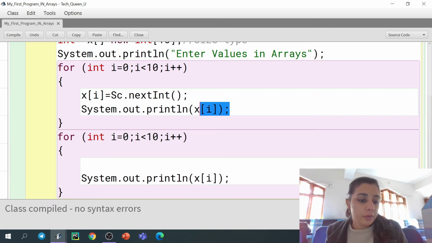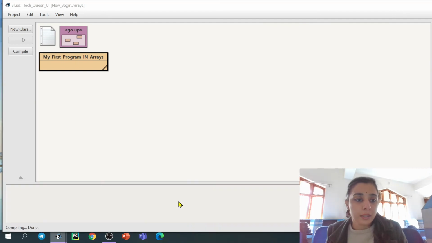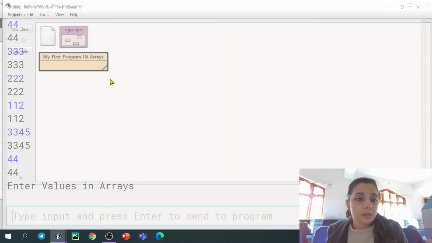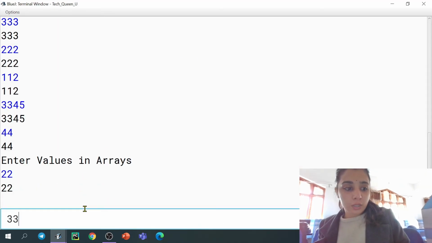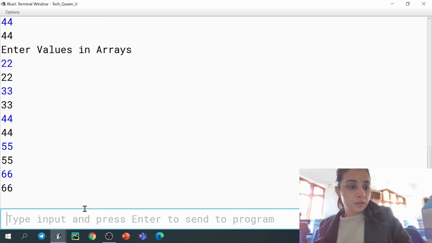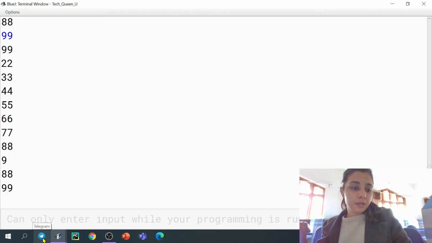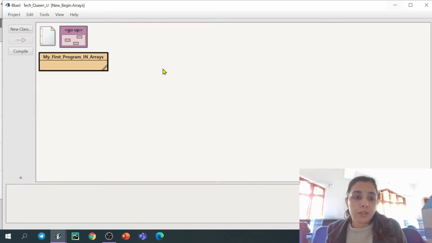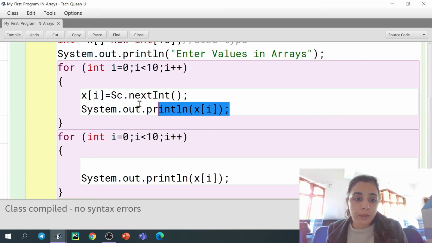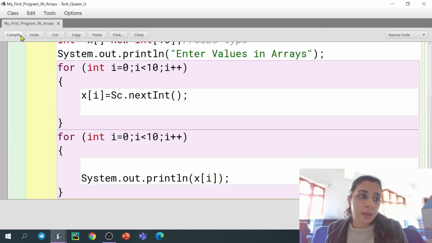So now the output will be like that, say 22, 30. Oh, we made a mistake, I guess. Actually I forgot to remove it from there, so that's why this mistake happened.